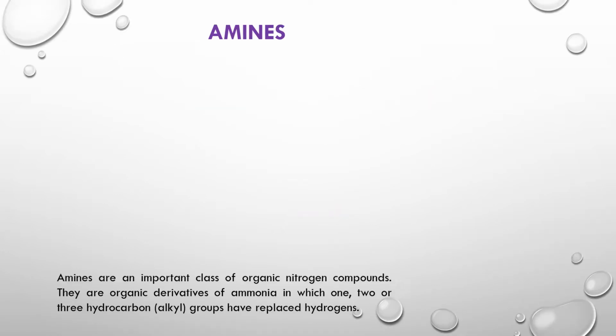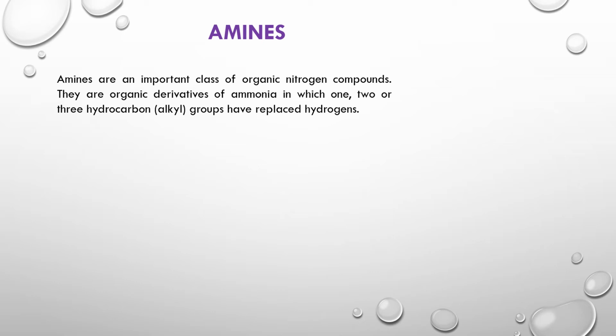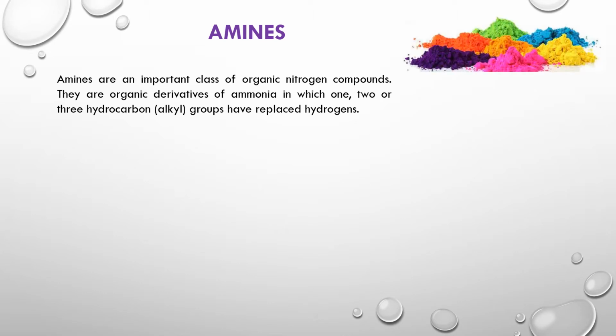Amines are organic compounds containing an alkyl group together with a nitrogen atom. These are derivatives of ammonia, which means alkyl halides, which we studied in the previous section, react with ammonia to give rise to amines. Some of the very commonly used places where amines are found are dyes. One such example where you can find amines is dyes.